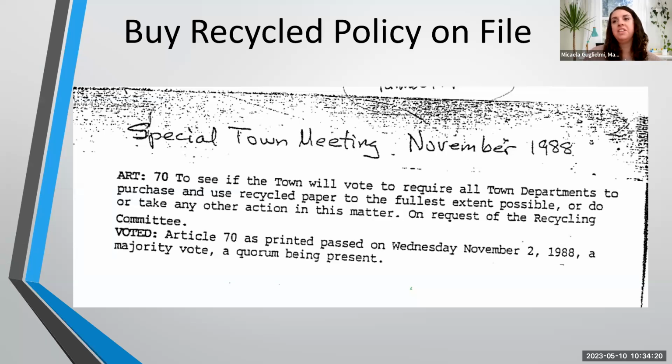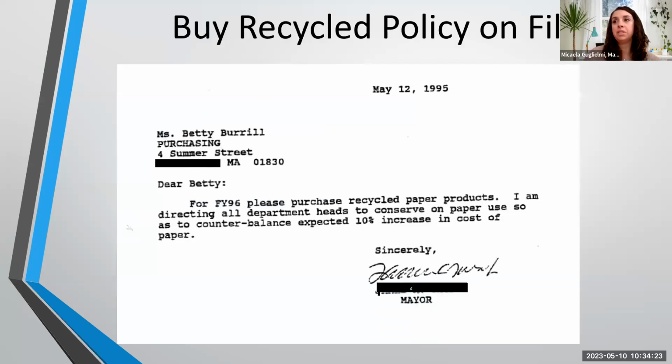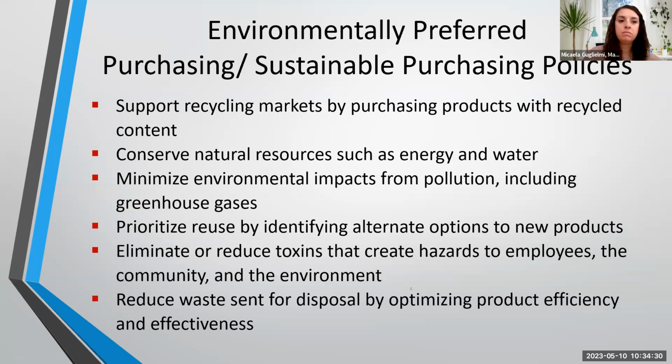So, and then the next slide is just another example of an old dated policy. So on the next slide, we're hoping over the next several years that most municipalities, if they have not done so already, will update their policies into maybe a new model of this environmentally preferred purchasing and sustainable purchasing policy. So it should be about more than just purchasing items with recycled content. You can expand to sustainable purchasing for everything you're purchasing for your municipality.